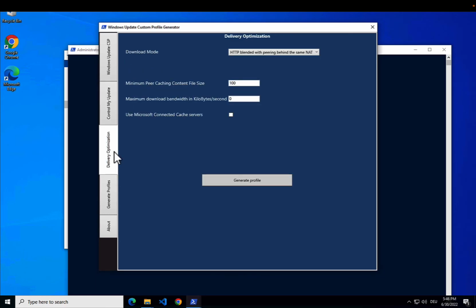Next, we are taking a look at delivery optimization. We can see we have the download mode, the minimum peer caching content file size, maximum download, and connected cache server options. So it's quite minimized from the options you have, because most of the time you're using the network option, so that you have the same network address,